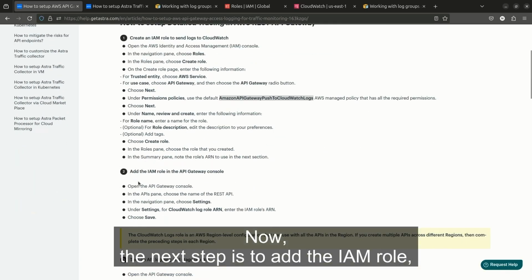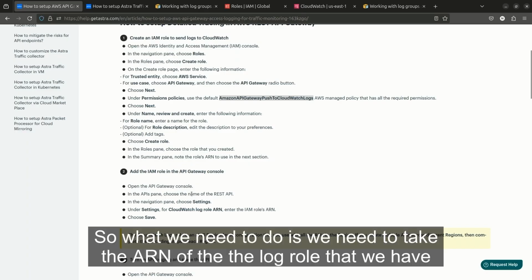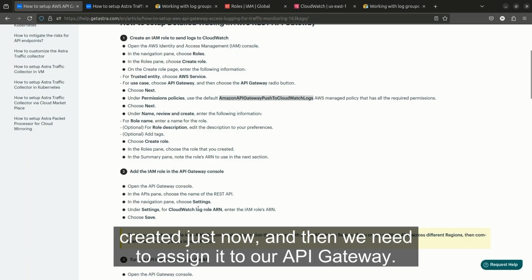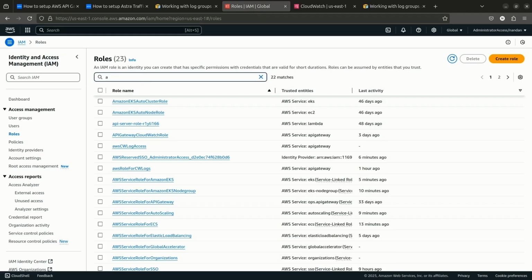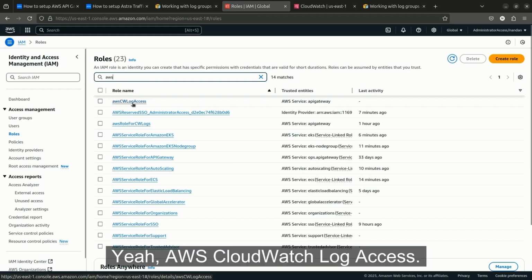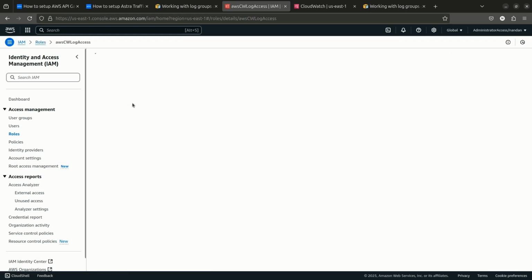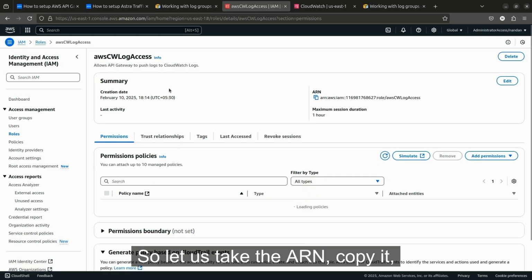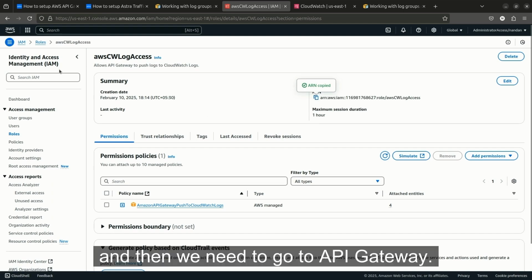Now, the next step is to add the IAM role, whatever we have just now created, to our API Gateway console. So what we need to do is we need to take the ARN of the log role that we have created just now, and then we need to assign it to our API Gateway. First, let us search for the role that we have created. Yeah, AWS CloudWatch log access. So let us take the ARN, copy it, and then we need to go to